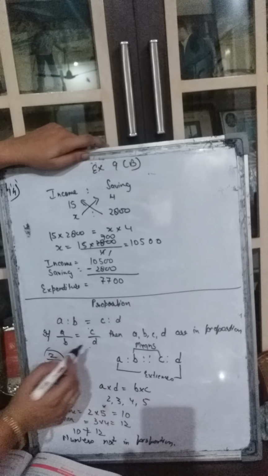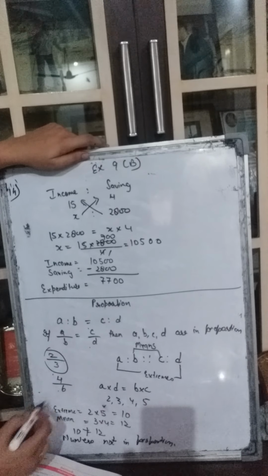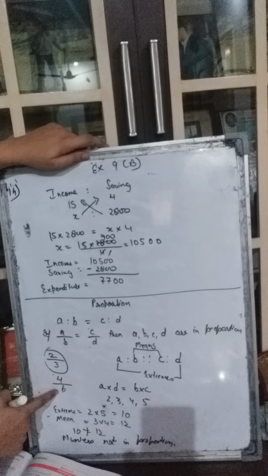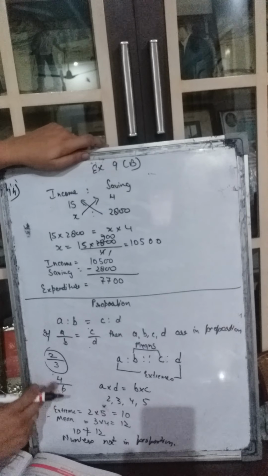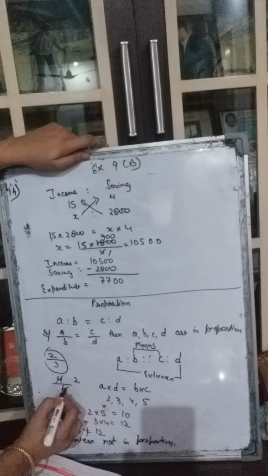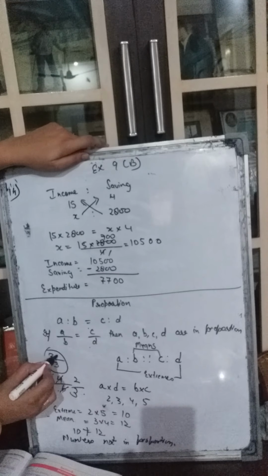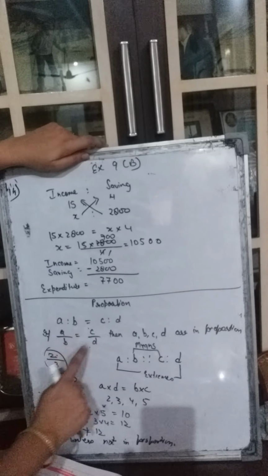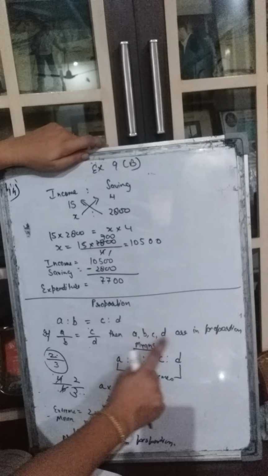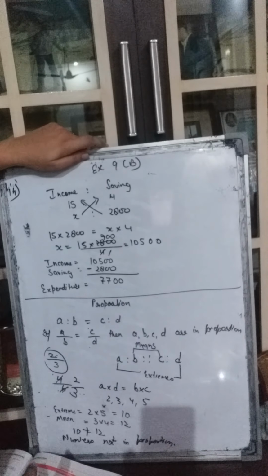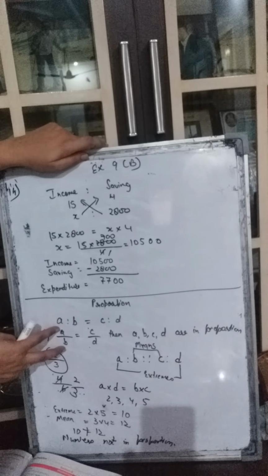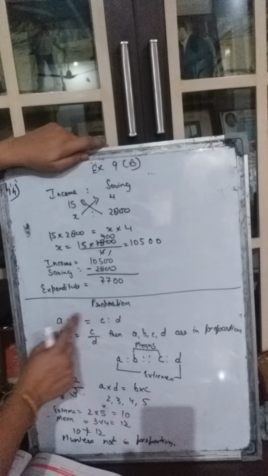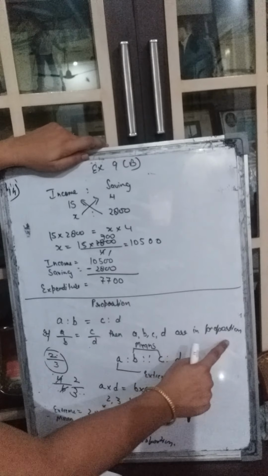And what is C upon D? Let us say it is 4 upon 6. Is 4 upon 6 equal to 2 upon 3? If we simplify this, what simplify means, if we cut it by the same number, 2 2s are 4 and 2 3s are 6. Is it coming the same? Yes, it is coming the same. That means these four numbers A, B, C, D are in proportion. Proportion means when the ratio of any two numbers is equal to the ratio of the other two numbers, then all the four numbers are said to be in proportion.